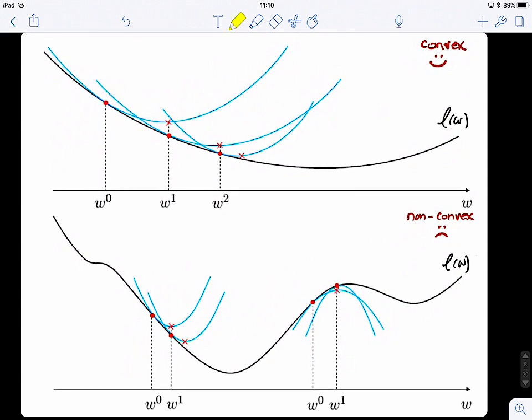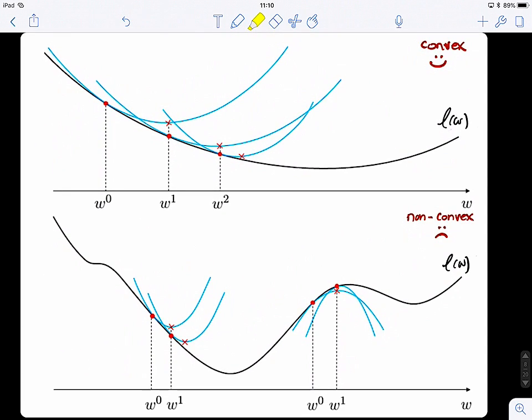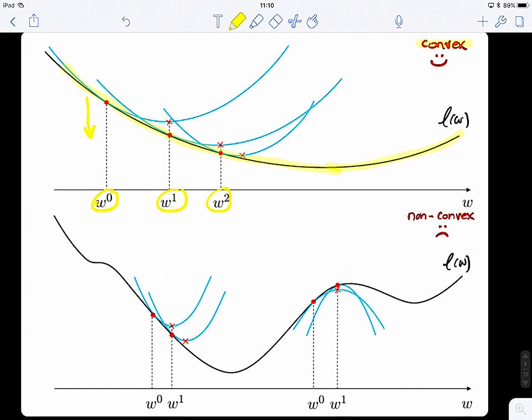We have two examples. In the convex case, if we have a nice convex function, then you can see that very nicely we're jumping from point to point while minimizing the loss. So the loss is getting minimized. Whereas in the case where we have a non-convex function, so in this case,